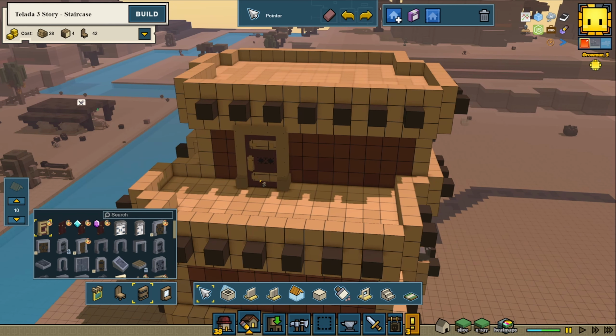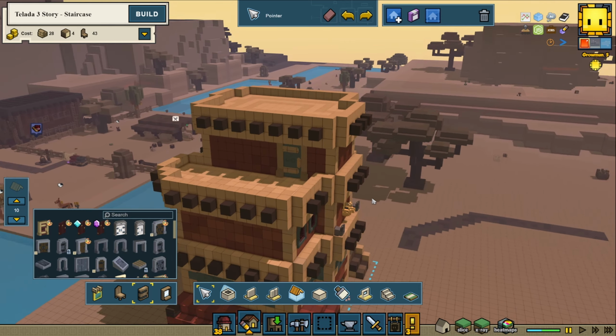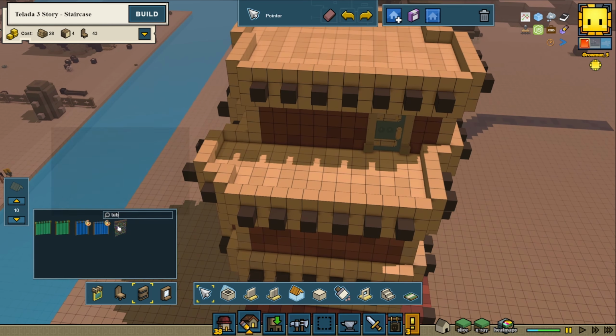I kind of want to go for one of these doors. Oh, that's a nice one. Oh, they all are really nice. I'm going to go for the green door. That one, I think, yeah. And windows we can have there. I don't think we will, however, but we could have...